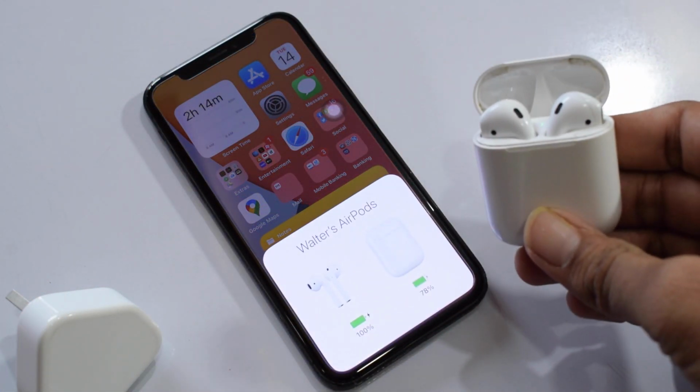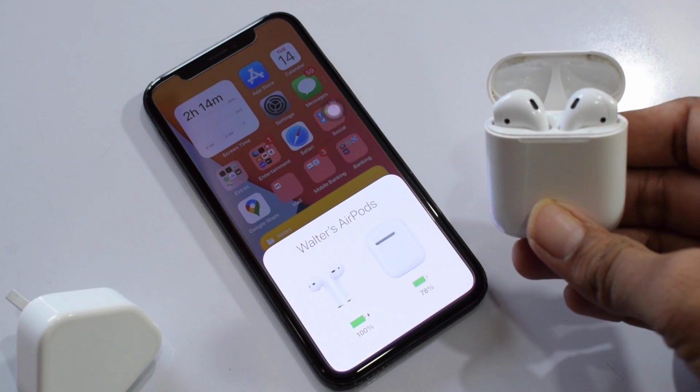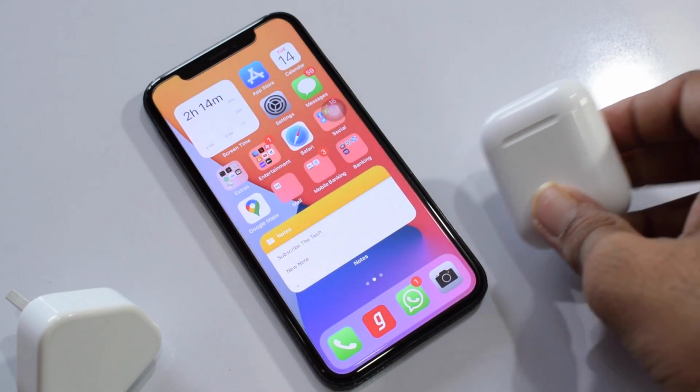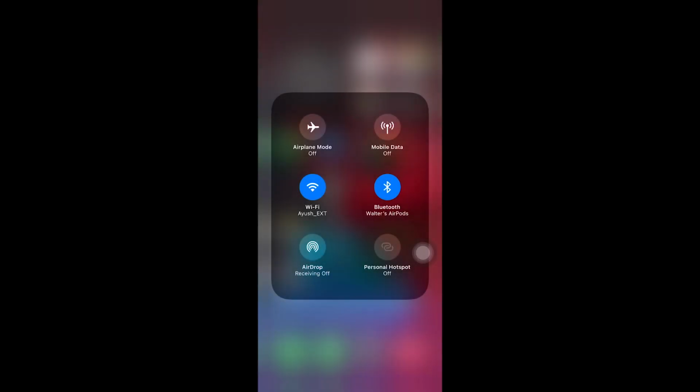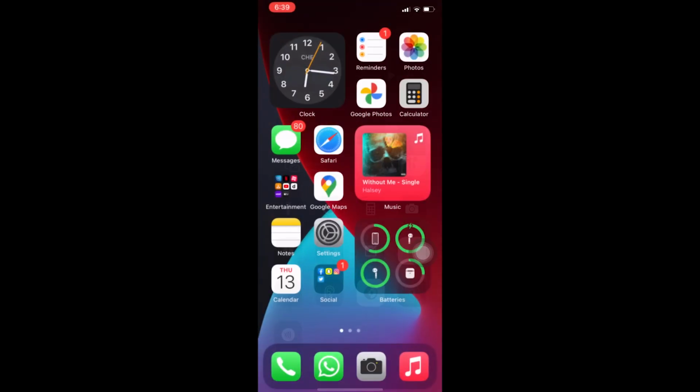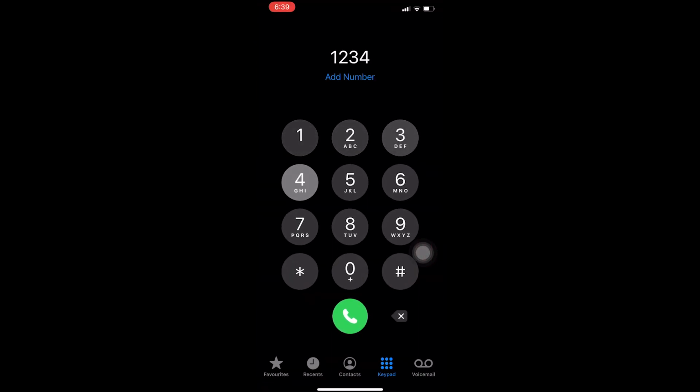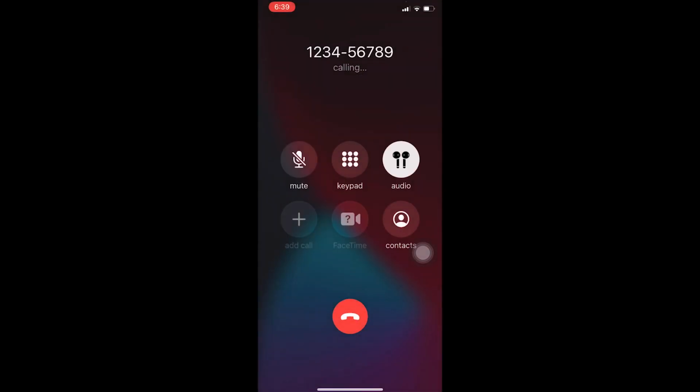Another most annoying bug that I'm facing right now is when I connect my AirPods, because I can't hear the voice of the caller when I'm on a call and I have to switch to the speaker or the earpiece of the device and then again switch it back to the AirPods so that the voice of the caller is audible. Now this happens every time I call someone or I get a call, so it is very irritating for me, and if you're a person who is frequently on calls, this thing will definitely bug you.